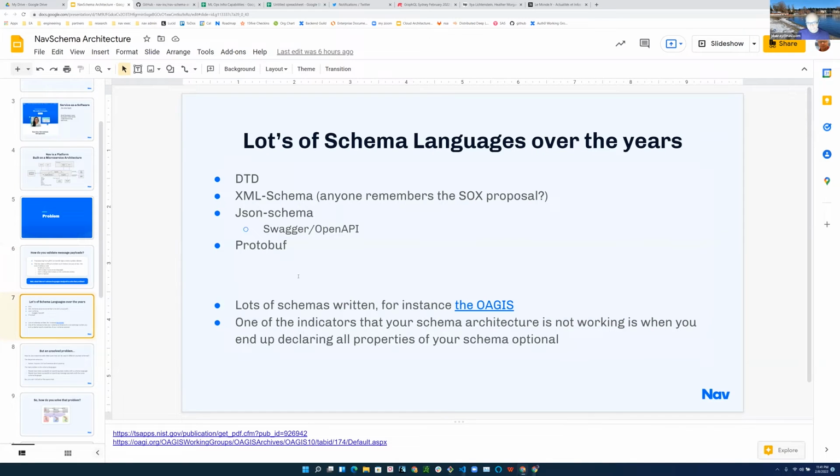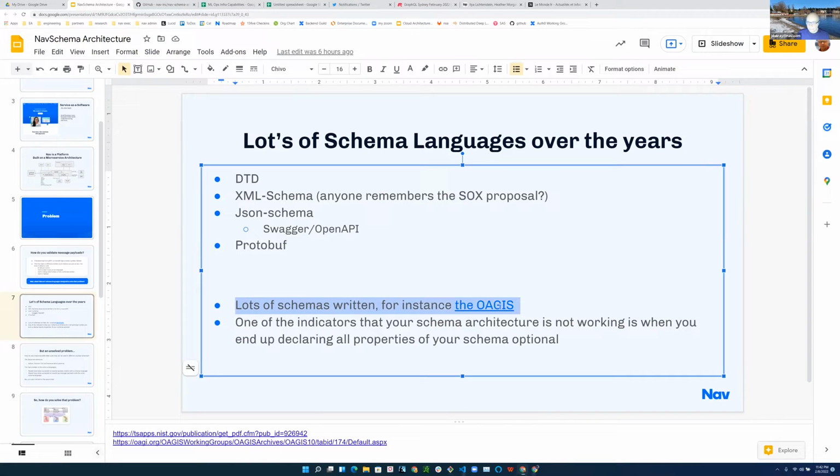And now a lot of schemas have been written. For instance, at the Open Applications Group, OAG, they have lots and lots of schemas. They spent the last 20 years just crafting very nice schemas. But again, it's not necessarily heavily used. And if you go in microservice architectures and the modern software engineering shops, very few people are using those technologies. And typically, if you've tried to use those schema languages,